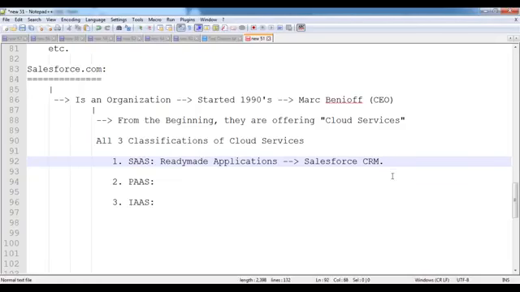Now you can raise a question: sir, when was Salesforce CRM introduced? Salesforce CRM was introduced in the year 2000. That means almost 19 to 20 years. People might have a question in their mind: sir, is Salesforce a new technology in the market? No, it has been available since almost 1999. That means for almost 20 years we have had Salesforce in the market. But now Salesforce is the #1 leader in the CRM space. Salesforce is the #1 job provider in the IT market nowadays.